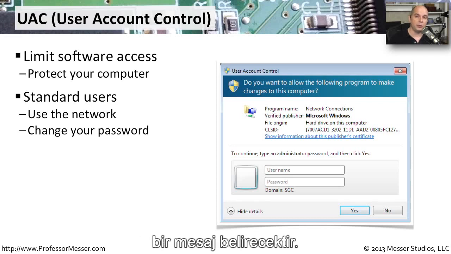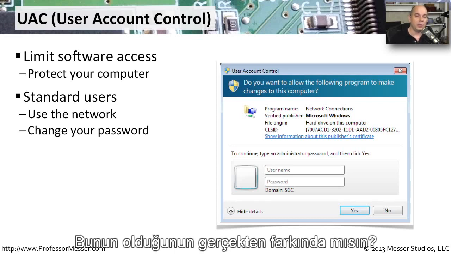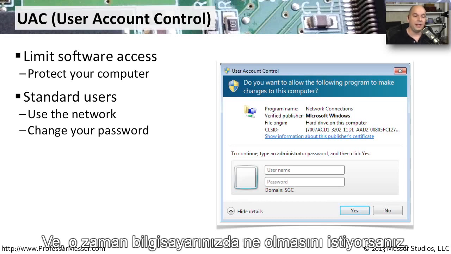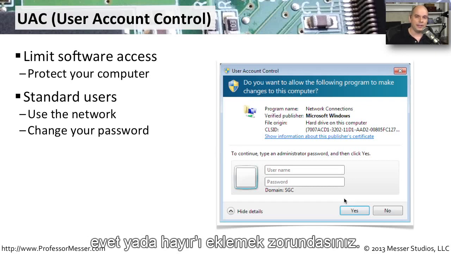It's trying to change the password. This could be a security problem. Is this really you? Are you really aware this is happening? And you have to then add yes or no to be able to say, yes, this is exactly what I'd like to have happen on